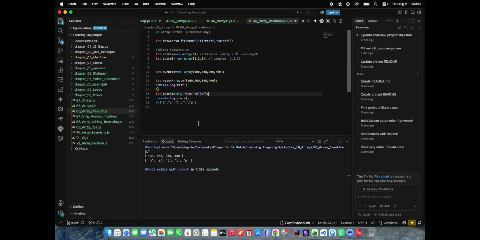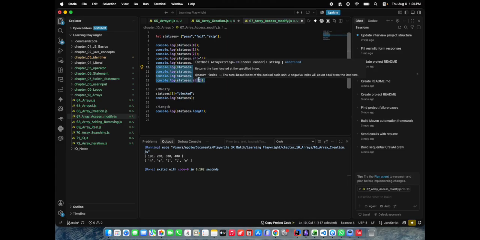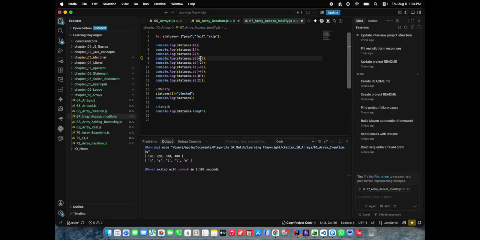Okay guys, one more example we can see, arrays, how we can access them. This we have already seen. We can use the at method in order to get the negative values, and if you want to get the positive and negative values, you can also use this one, at, where you can pass 0 or 1, and also we can pass -1, so it will come from -1, -2, -3 is there, and -4 is undefined. So if I print this one,